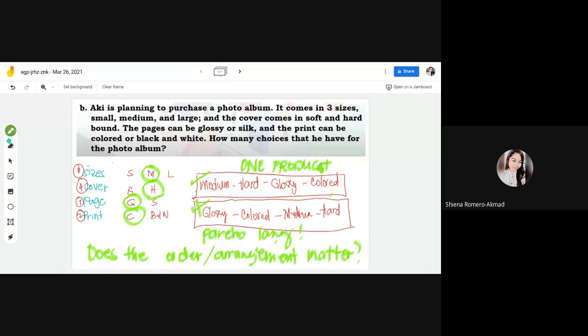Meaning, if you have different choices, tulad nito, magkakaiba ng choices, right? If you have different choices,